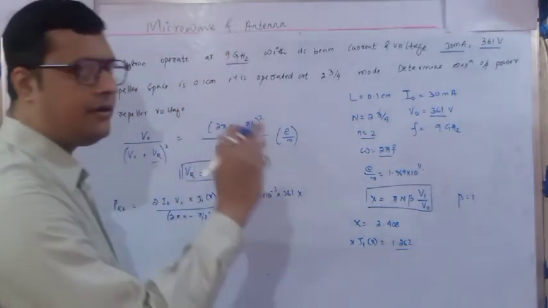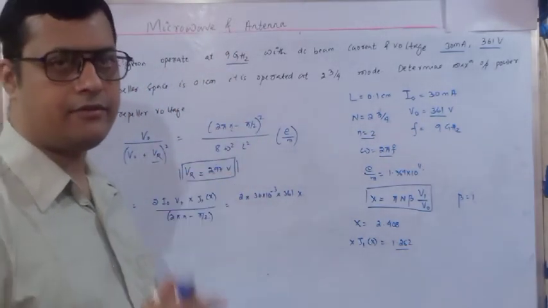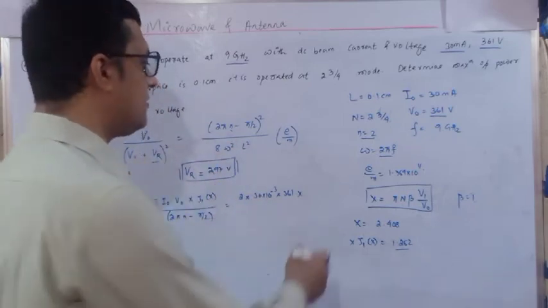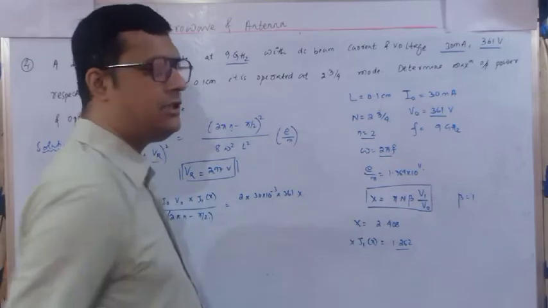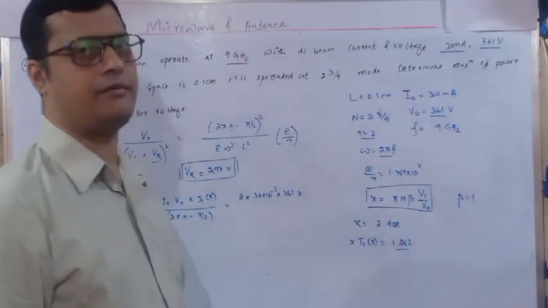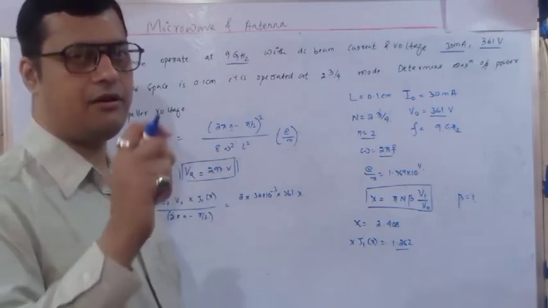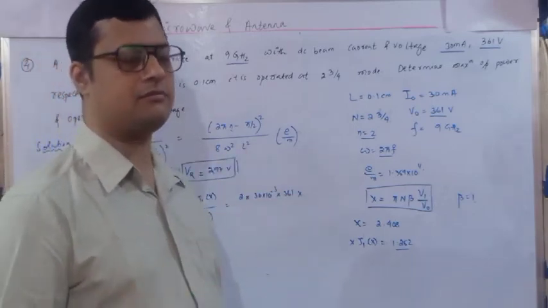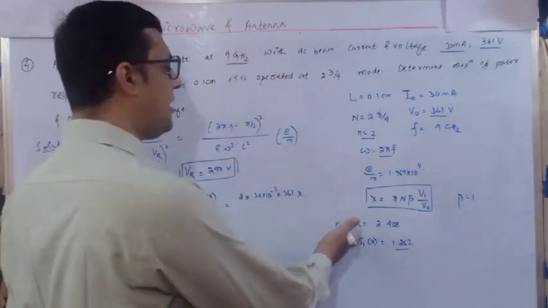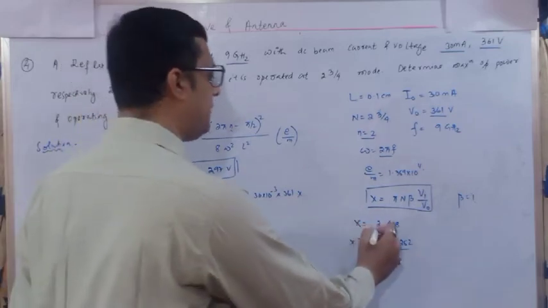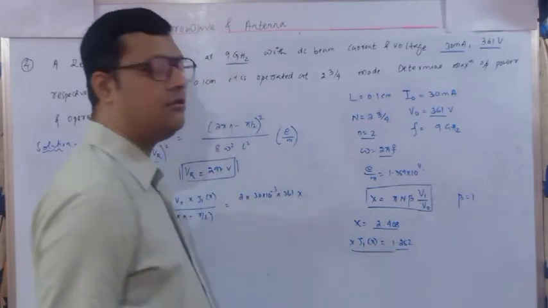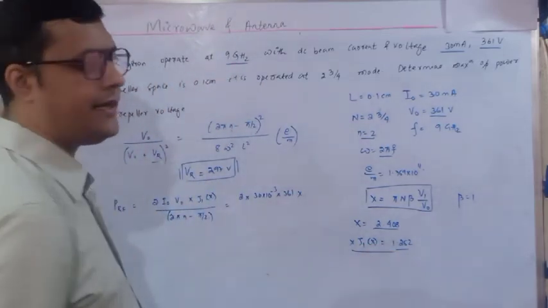We have a chart with respect to the Bessel function and this X parameter, the bunching parameter. If you see 2.408, with respect to that X, the J1 of X value is 1.252. If you refer to any microwave book, at the end the appendix has these chart diagrams. You only have to identify the value, and determine the value of X into J1 of X. Here I have given the direct value.